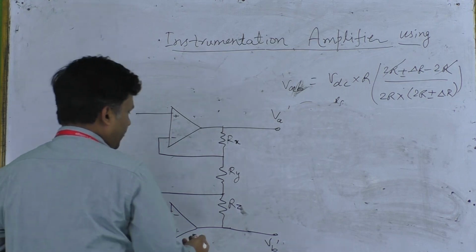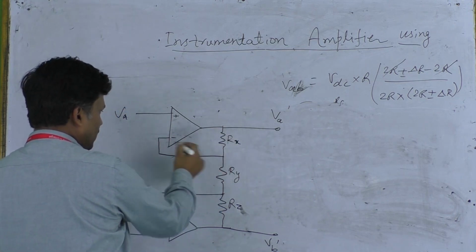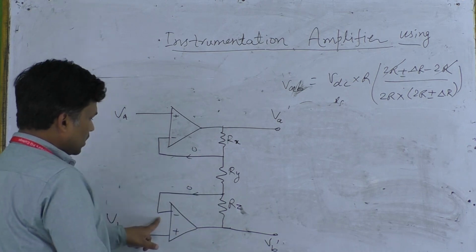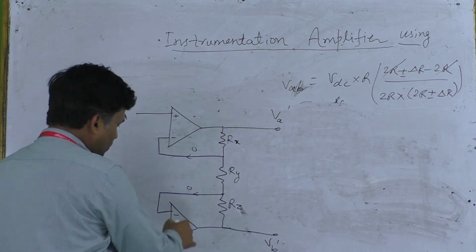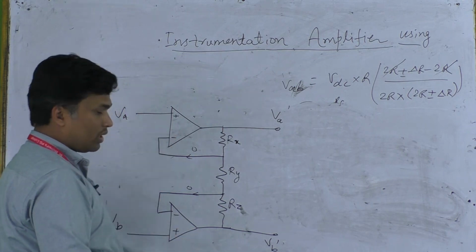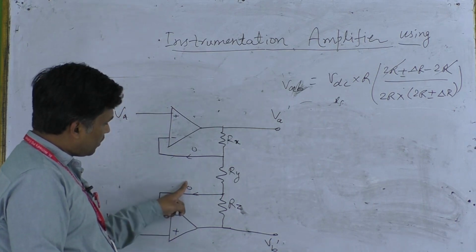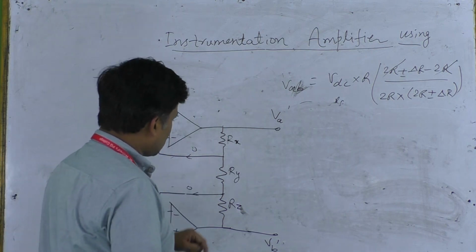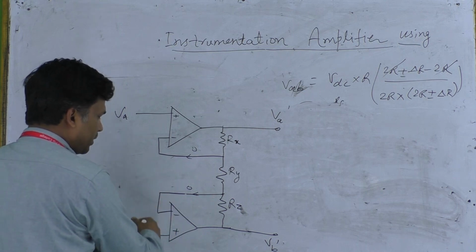So the current through this particular branch is 0, because there is no current through the input of this differential amplifier, as the input resistance of this particular op-amp is infinite. So this will be treated as open circuited, and therefore the current through these two branches will be 0, and in such a situation